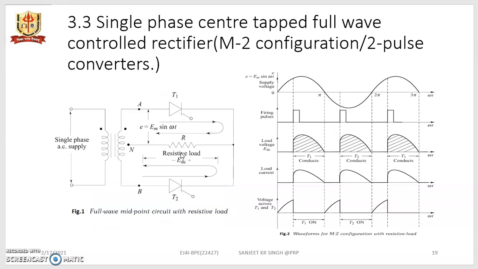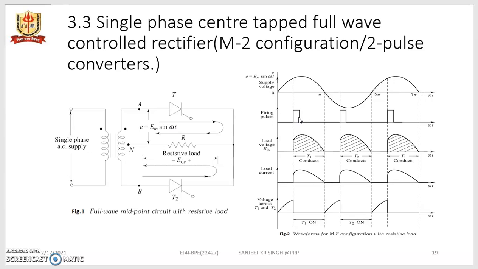So this is the basic circuit for resistive load, where we see the center tap transformer and the two thyristors used as the main switches, and the resistive load is connected between the center point and the common cathode of the thyristors. Current flow will always be from right hand side to left hand side, with the neutral taken as grounded, whether T1 is conducting or T2 is conducting. So with respect to the sinusoidal input,